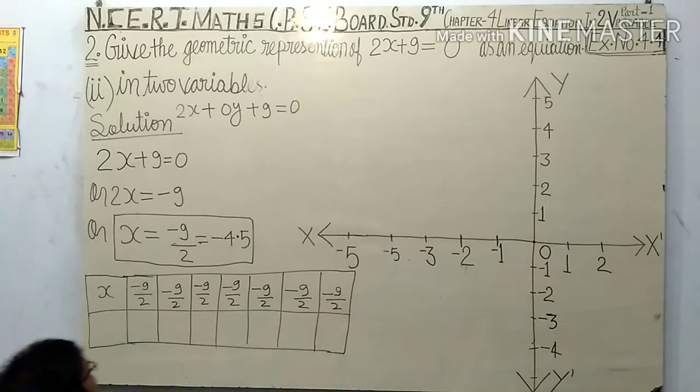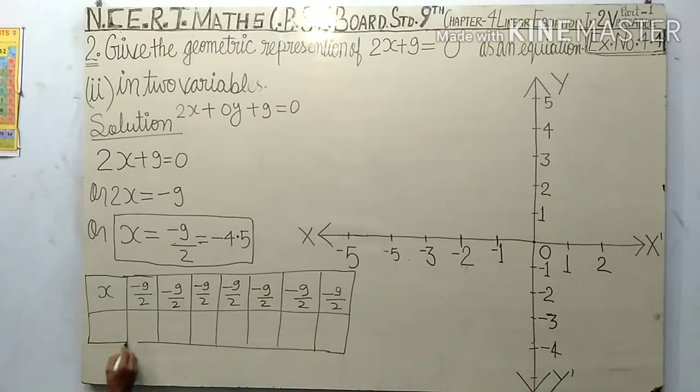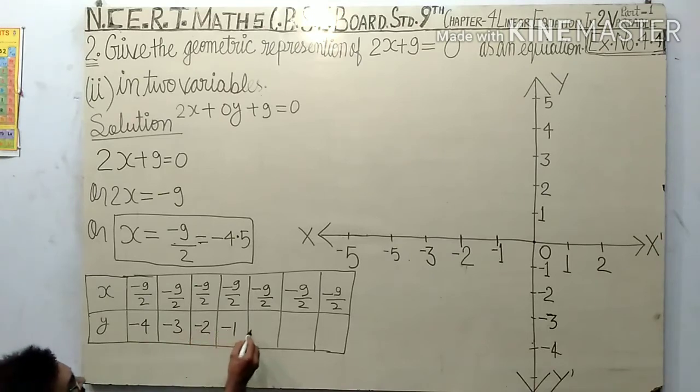Take so many points, there is no difference in the result. The graph of the equation 2x plus 9 equals 0 will lie parallel to the y-axis because it is similar to x equals a. The value of y may start from -4, -3, -2, -1, 0,